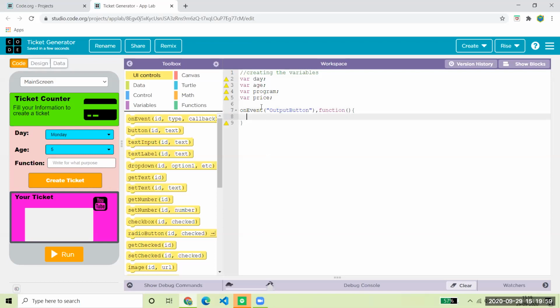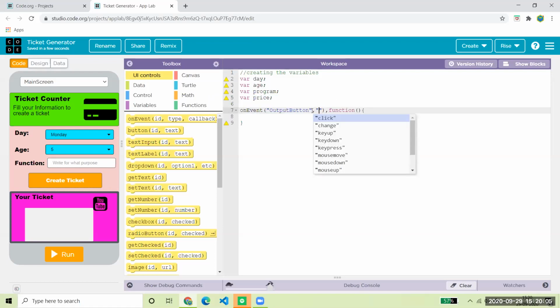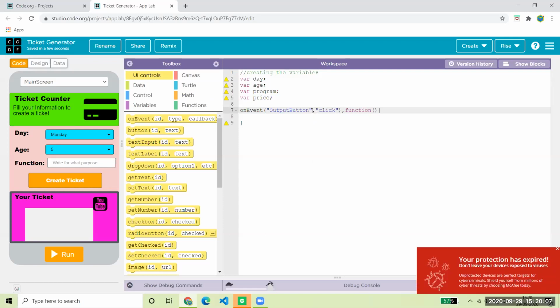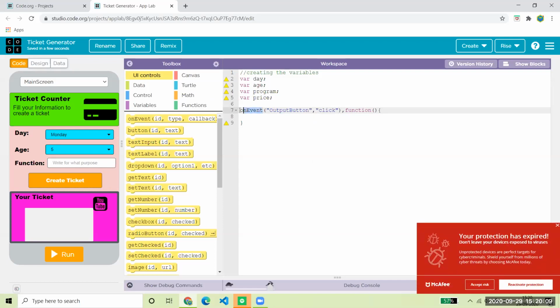Now onEvent means when something happens, like click. The onEvent function asks for two things: the ID of the element and the task. Whenever the output button is clicked, what should happen? We will write it here.